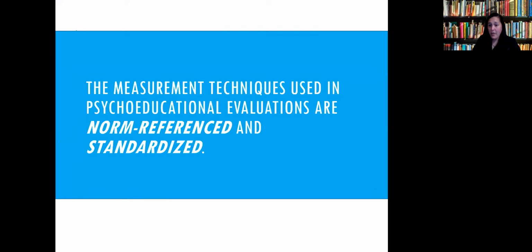So you see a lot of scores. They don't always make sense. You don't always know what they're telling you. But essentially, when you're looking at a psychoeducational evaluation, so an FIE, full individual evaluation, you are going to be looking at information that's norm referenced, right? So we're looking at how you performed on assessments when we're comparing you to other individuals that are your same grade and same age. But you're also going to look at some information that's standardized.